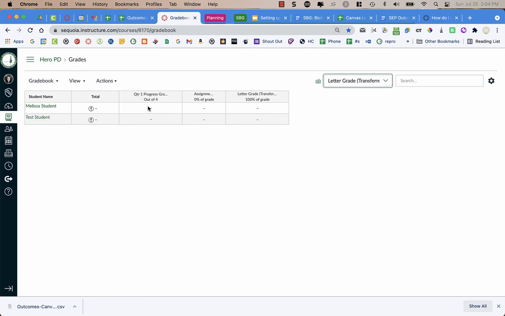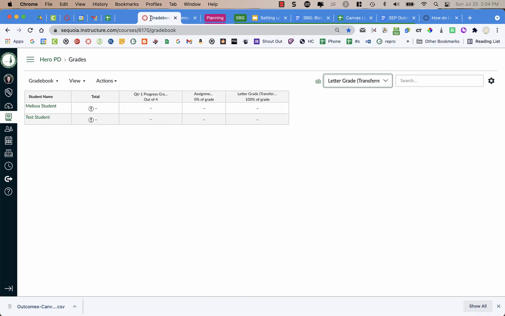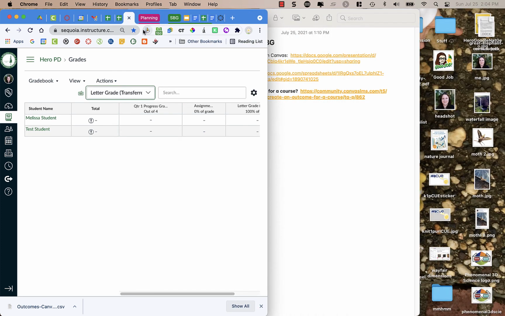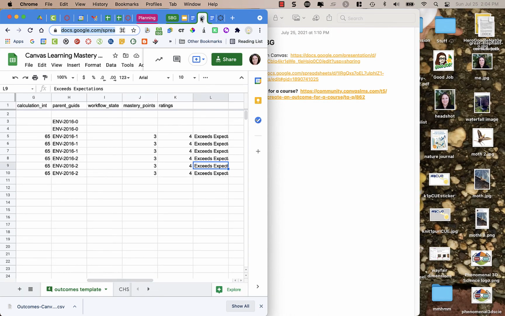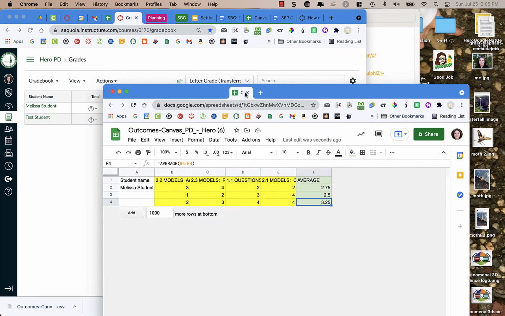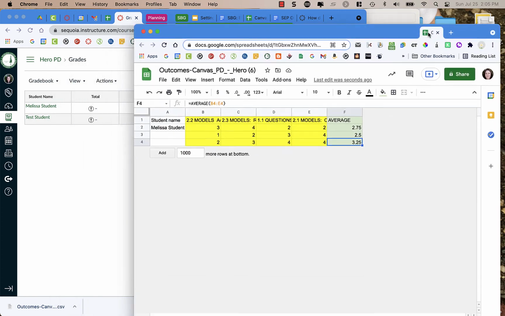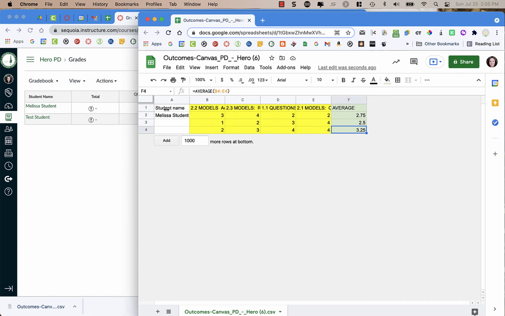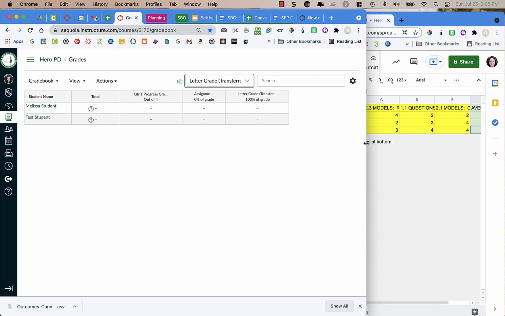When I'm over here in my quarter 1 progress grade, I can open up my, I have multiple, it's not working because I have a different monitor set up on the side. But I can resize my windows here. Drag this down. Oops, that's the wrong one. Where's the one I wanted? I want this one. And drag him down. And it takes some futzing. But you only have to do this once